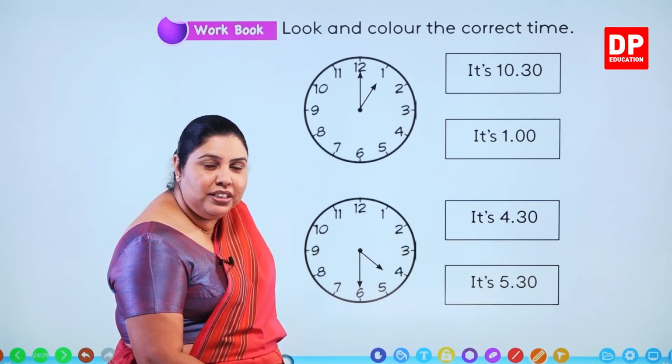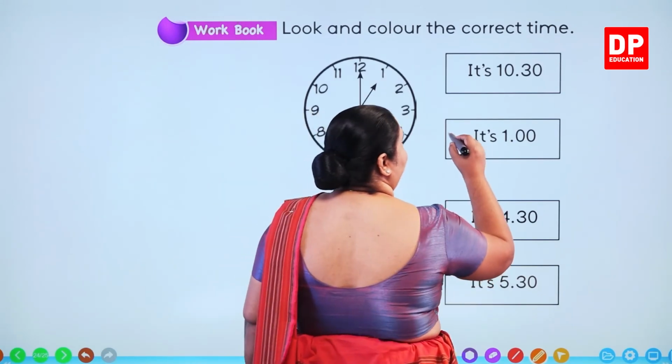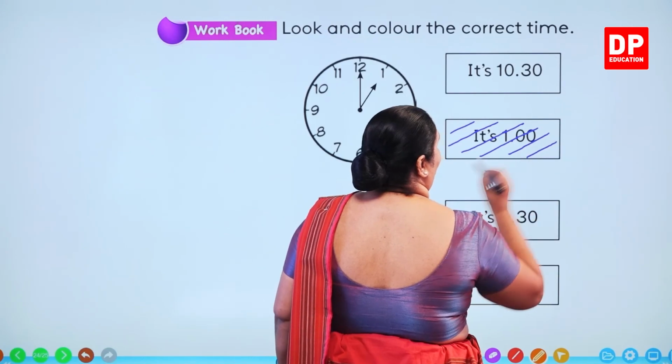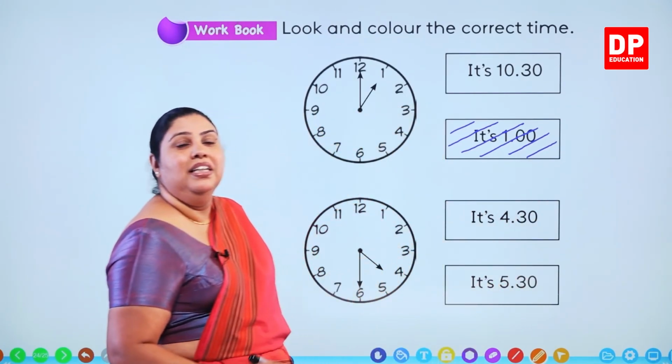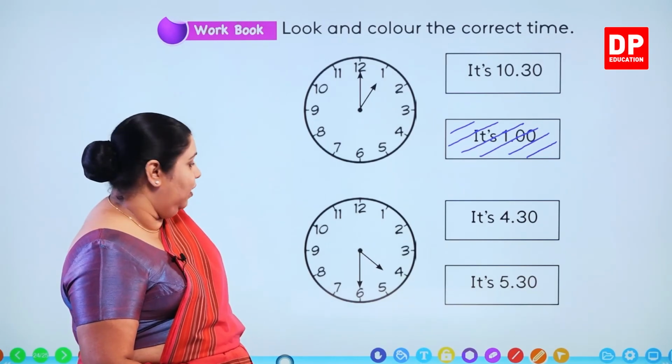So that is not the time. What is the correct time? It is 1 o'clock. So you have to color this box. 1 o'clock. Nicely you have to color that box because that is the correct time. Second clock,